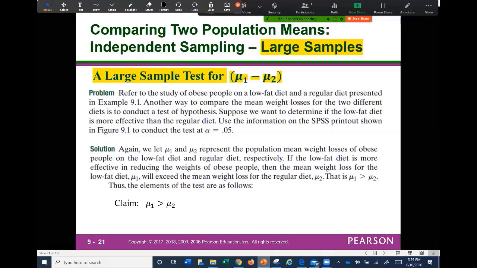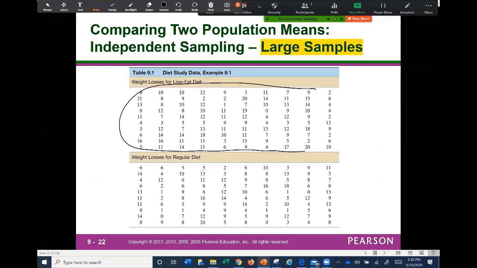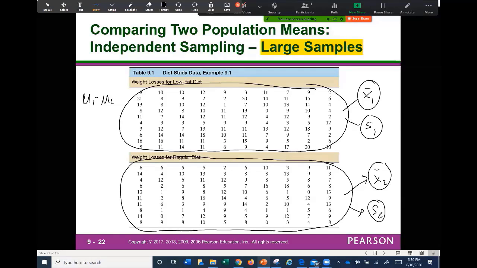The mean weight loss for population 1 under the low-fat diet will be bigger than the second mean weight loss. That is the sample that we took from population 1. That is the sample. 100 people is a big sample, and I took 100 obese people from a regular diet. Then I will compute from these two samples the mean and the standard deviation, and the difference between these two means will be used to approach the difference between the two populations. And we can use this standard deviation to substitute the true population standard deviation in the formula.